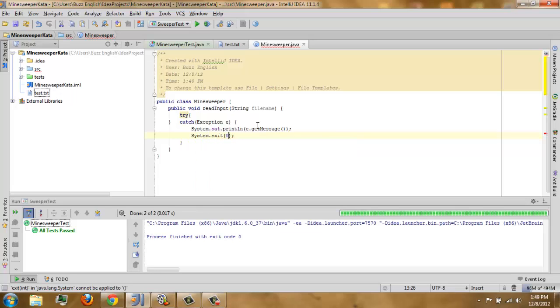In our readInput we are not just parsing our input, we are also making our own grid.